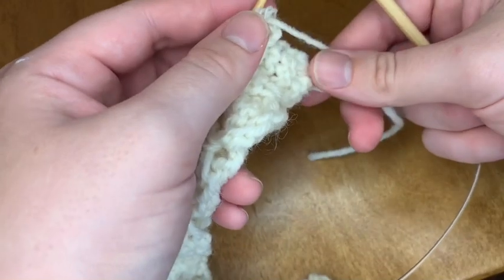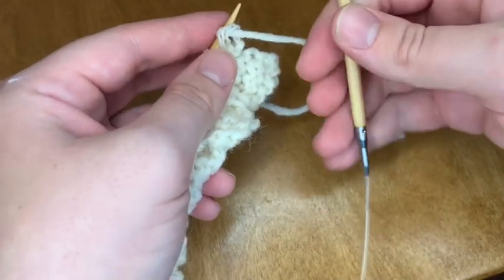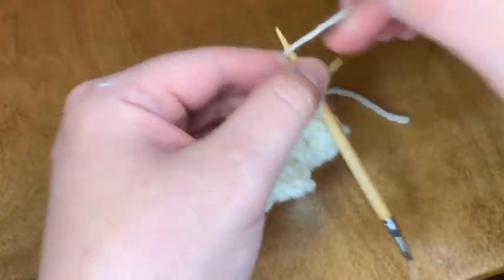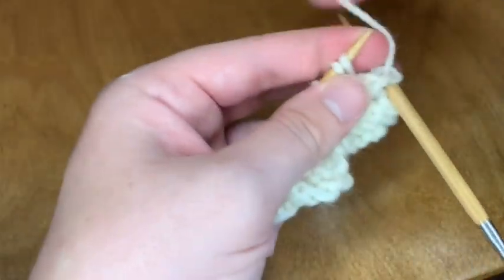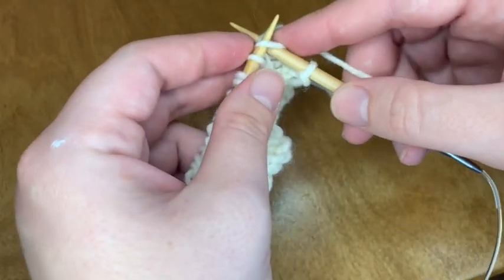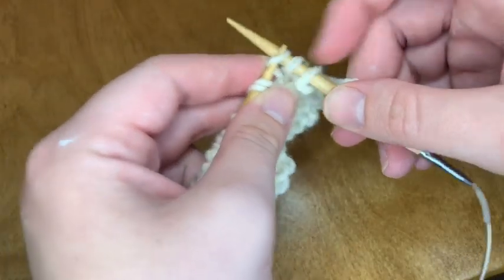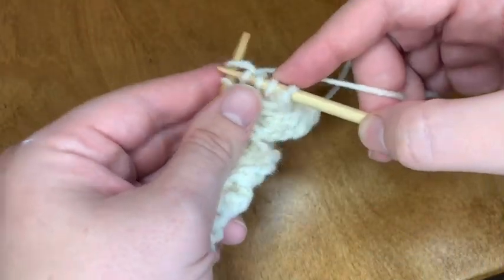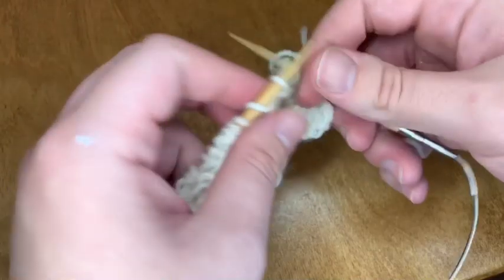Row 9 is a repeat of row 4, and row 4 is worked like so. We're going to purl the first stitch, take our yarn to the back. We're going to knit the next 3. We're going to purl the next 3,